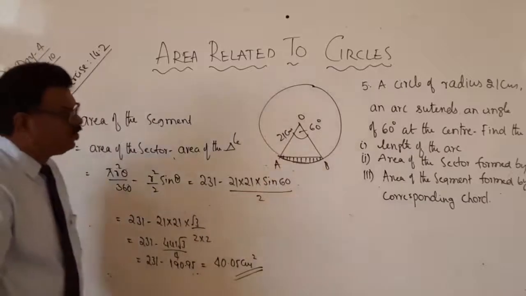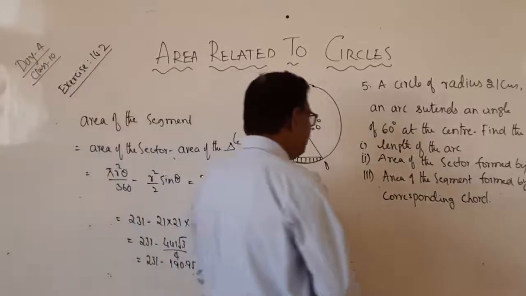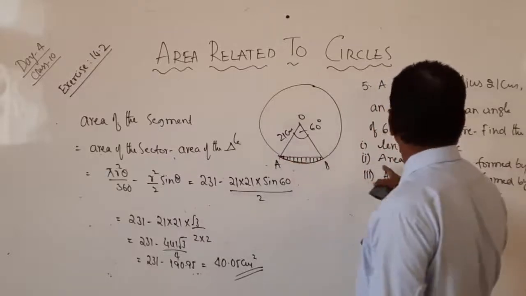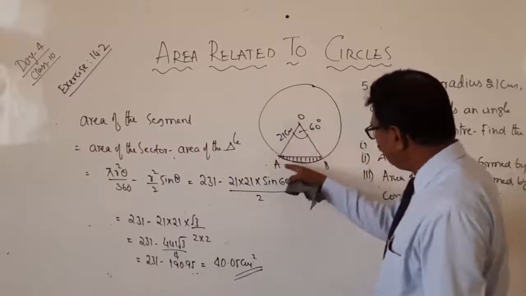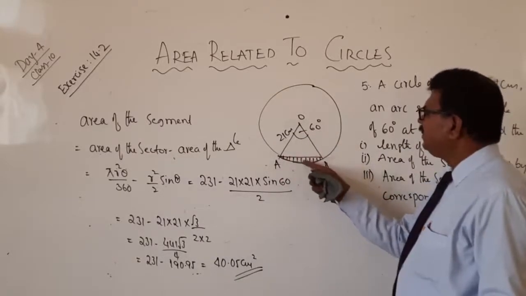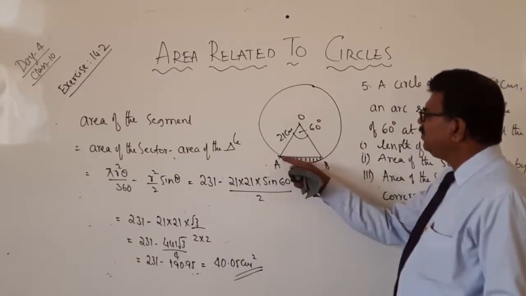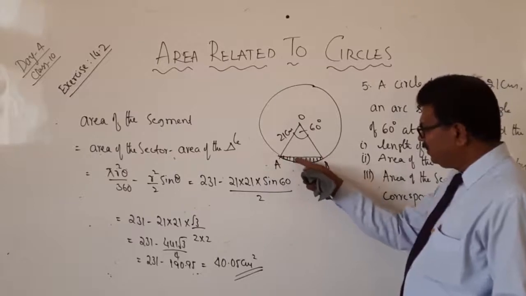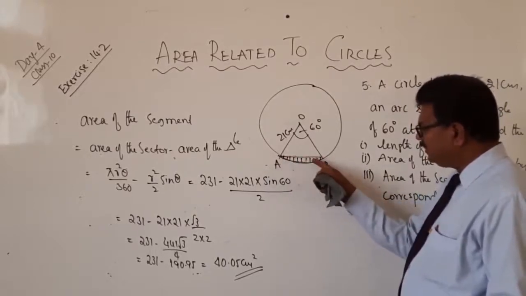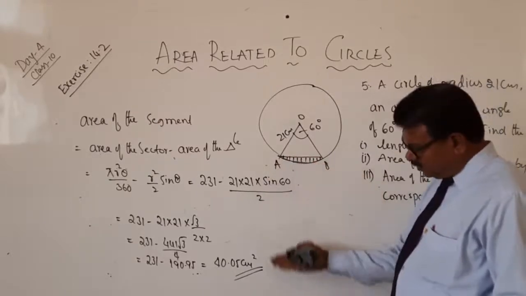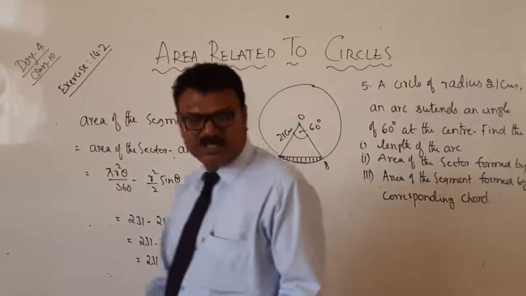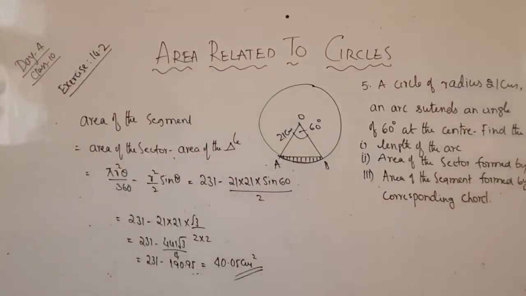Okay? So by this, what you should understand is the length of the arc. Length of the arc means first the area of the sector, that is OAB, and next this chord subtends this arc. Therefore we have to find out this segment, the total shaded portion, right? You understand? Yes, very good. Just observe the problem, take down.